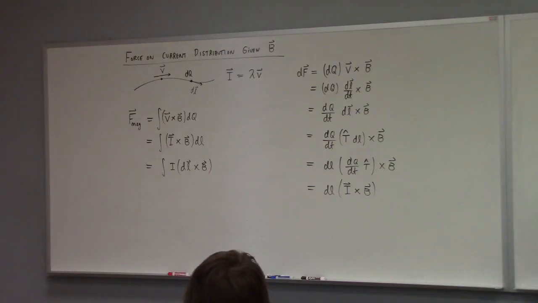And we can talk about the surface current density, big K vector, which is equal to dI vector over dl perp, all right? And in this context, the magnetic force on a surface, a ribbon current like this, what you would do is integrate, well, there's different ways you could look at it. You could do v cross B